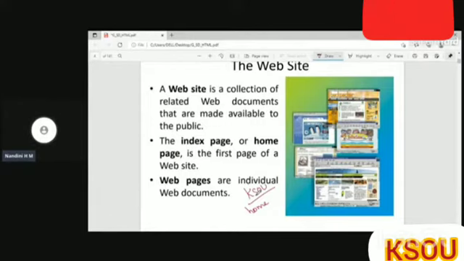We can call them web pages or web documents. A web page is an individual web document. In the case of the KSOU website, the whole website consists of a number of web pages. The first page of the website is called the home page, and individual pages, whether related to admission, examination, etc., are called web documents.